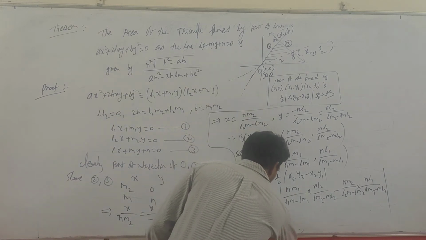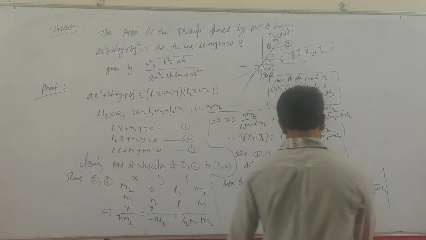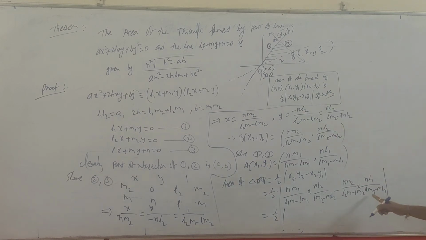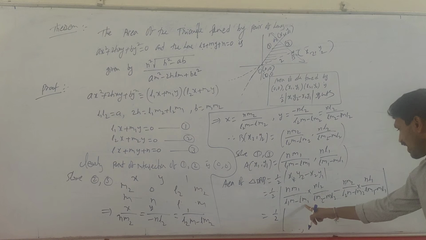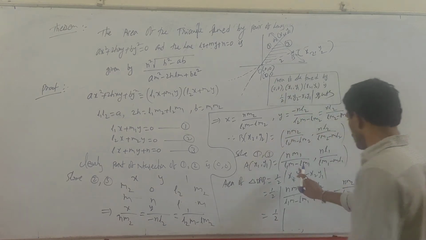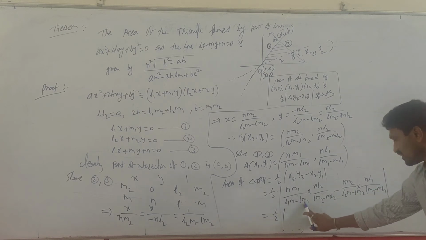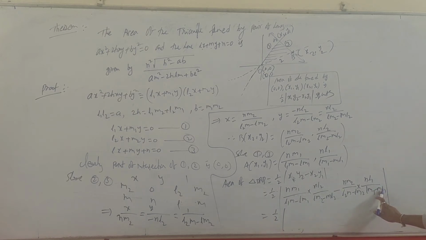See, if you multiply this one, this is equal to half into nm1 nl2. Once you observe L1m minus Lm1, here both are the same only. Here this is nothing but L1m minus Lm1. Lm1 is positive, so take minus common here. If you take minus from here, it becomes plus only. Minus into minus is plus.